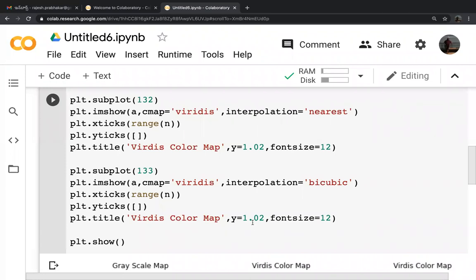These types of scalings are used in image processing when we are trying to understand images in the raw format. We have to convert the image into a raw format so that we can process that data and pass it into an algorithm. So that is what is very important in this.